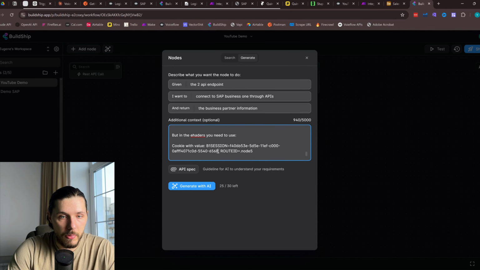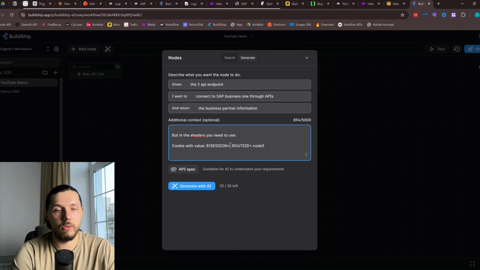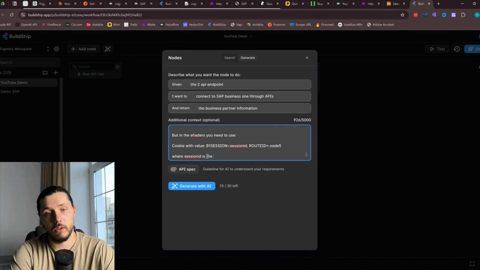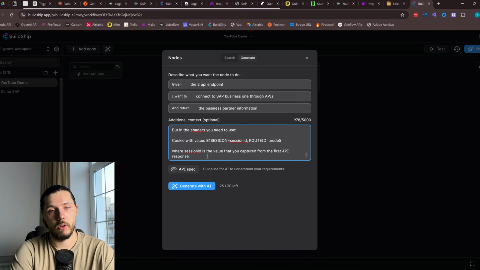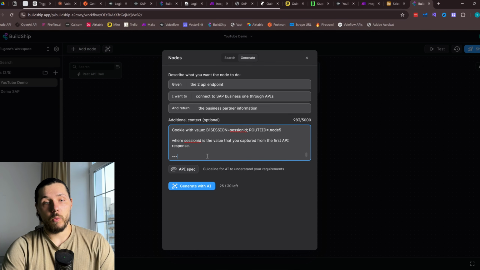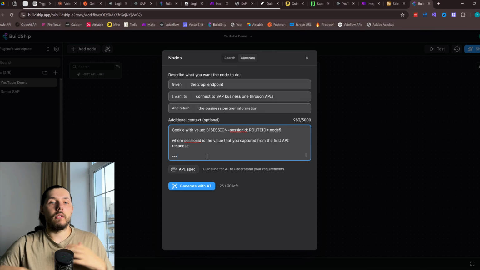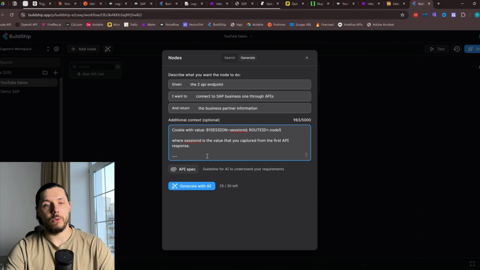And here is the business session, and we need to actually dynamically change it. So session ID, where session ID is the value that you captured from the first API response. Okay, now it will create the logic behind it and do two calls, but the only thing that is left is